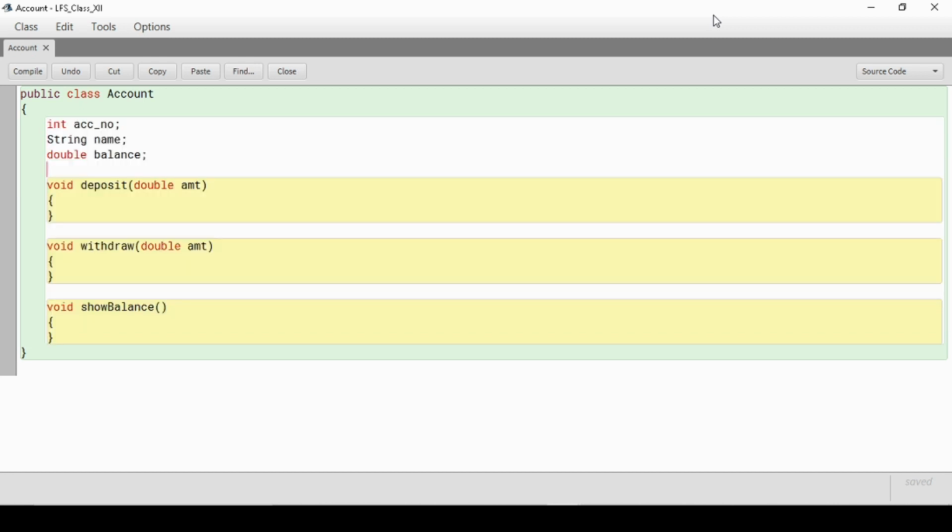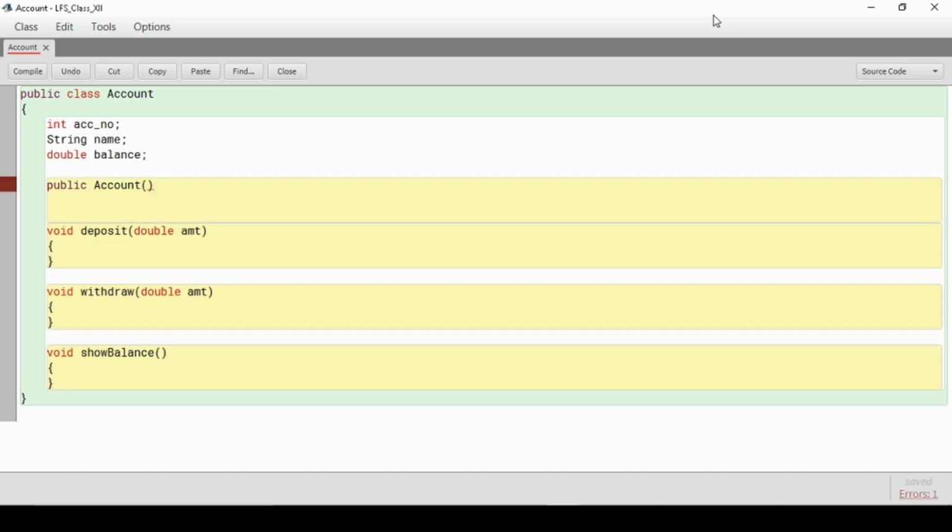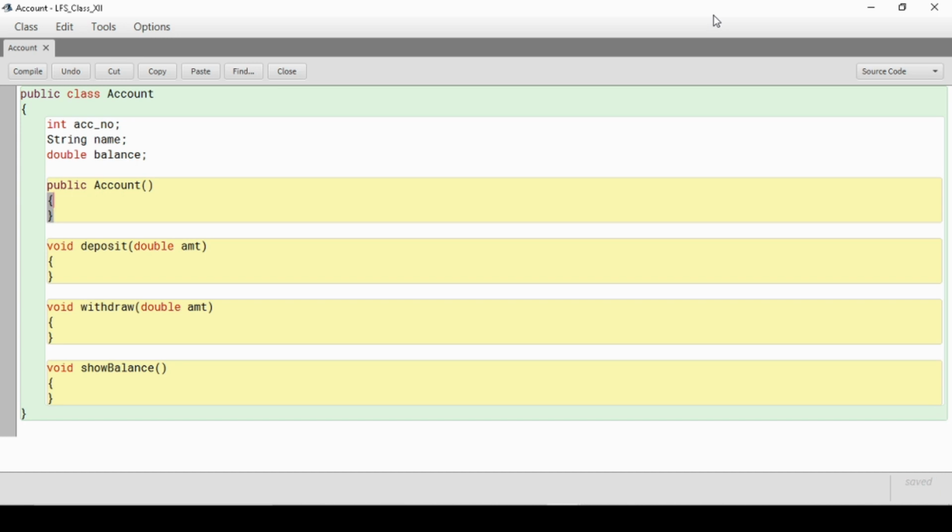Whenever any object of this class is created, what do you think would happen? A constructor will be called, right? I am making the constructor public. Though we have studied a bit about constructors in class 10th and 11th, and not in 12th, you know what this constructor will do. As soon as the object of the class is created, this constructor will be called.